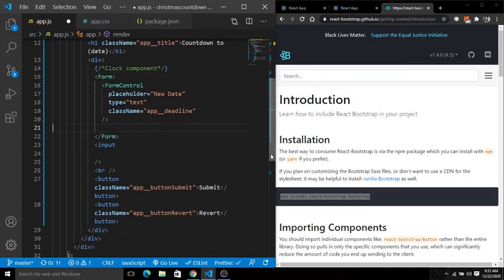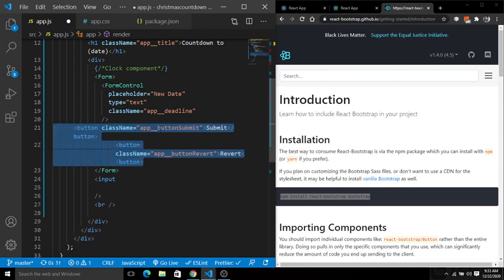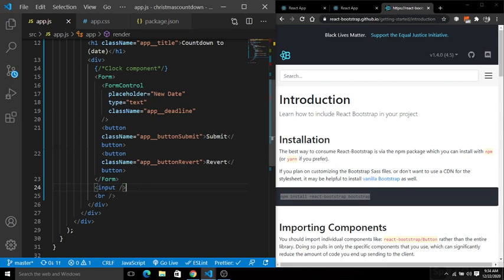So we have two buttons. Let's grab these two buttons here and put them inside this form. On clicking tab, let me set this indentation first of all. So now fine, you can see two buttons here.